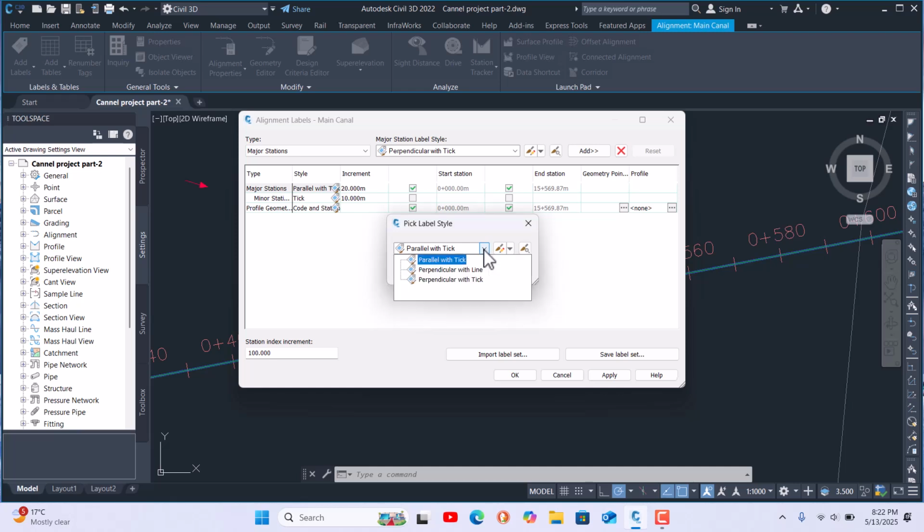I want perpendicular, so I select perpendicular with that tick. Here this is 20 meters. I want to put every 40 meters for major, and minor every 10 meters. The profile, geometry points, code and stations you can put if you want, otherwise no need. This is for our curve, showing where the geometry points pass. I'm not changing here, just say apply and okay.